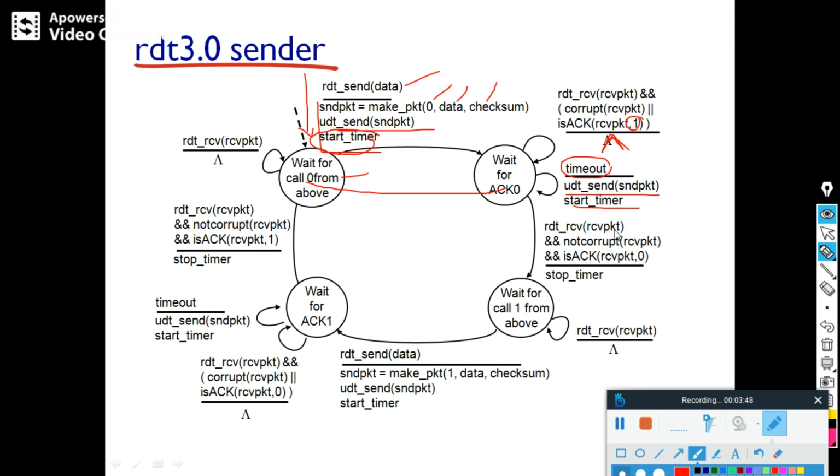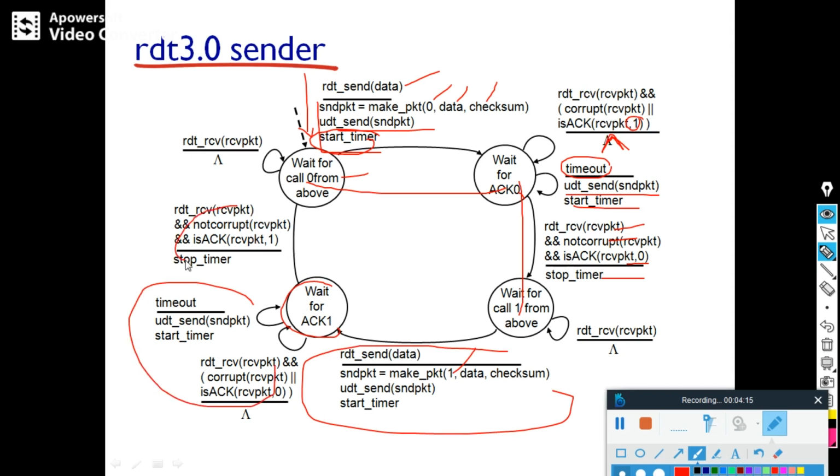If the timeout occurs, it will resend the packet and start the timer. If it receives an uncorrupted acknowledgement 0, for the packet it sent, it will stop the timer and move from the wait for acknowledgement state to wait for call 1, for one more packet from the upper layer. Once again it creates the packet with sequence number 1, sends it and waits for acknowledgement, and the same scenario repeats.